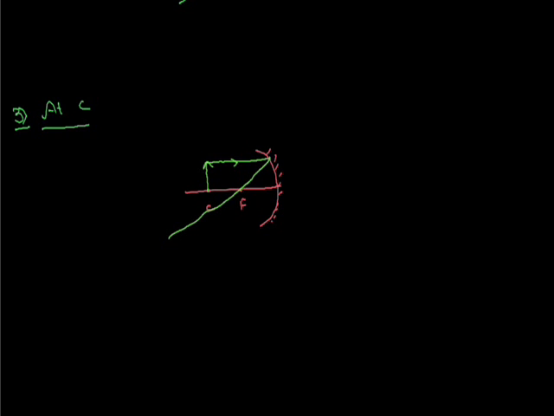Now use the second rule. The second ray will pass through the focus, and after reflection it will be like this, which means the ray is incident in this way and reflects in this way. This is point A and this is point B, the points of the object. The object is placed here, and the image of this point is here, at this point, that is the center of curvature.